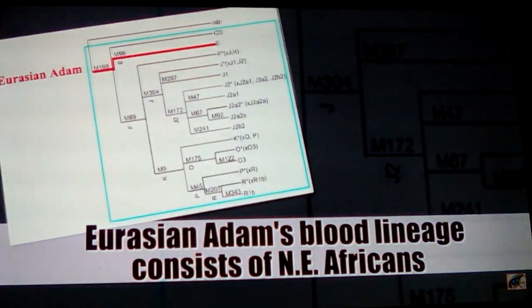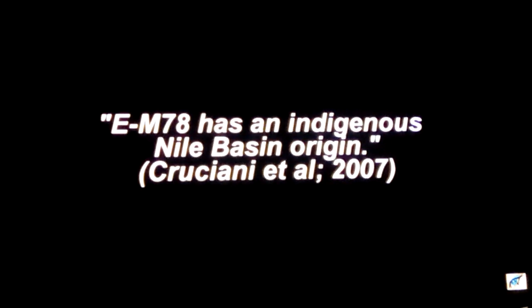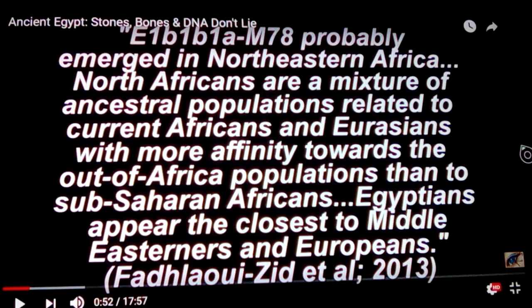And what they call Eurasian Adam in his blood lineage consists of Northeast Africans. As you can see in the display here, it runs out a lineage line on the M line. And EM378 is an indigenous Nile Basin origin. Christiani and others in 2007 noted this. E1B1A, M78, probably emerged in Northeastern Africa, and Northeast Africans are a mixture of ancestral populations related to current Africans and